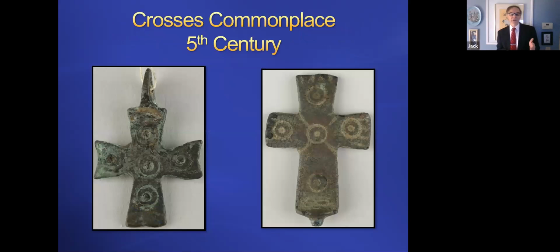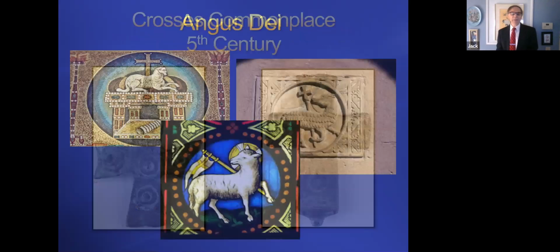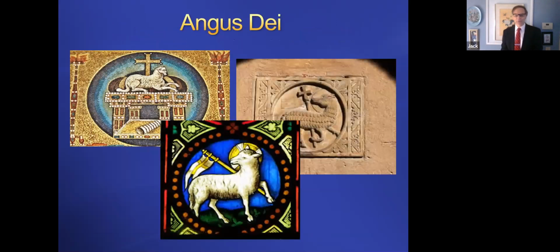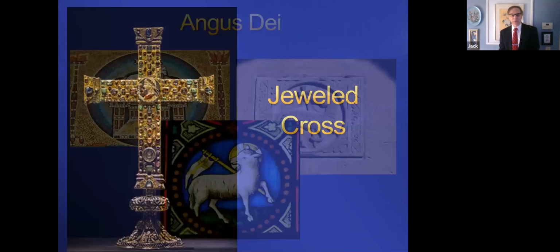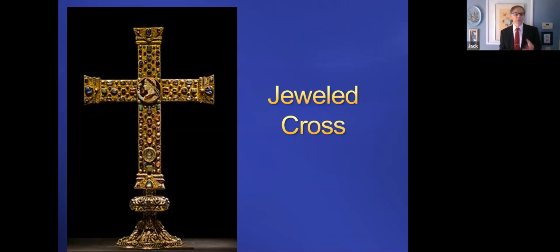Starting in the 4th century, and by the 5th century, crosses started to become somewhat commonplace, but you really didn't see crucifixes. What they would use instead would be the Agnus Dei symbol that we spoke about before, with the lamb representing the sacrifice of Jesus, and they might pair it up with a cross. That would be the closest they would get. Or the other thing they would use to represent a crucifix as opposed to a cross is a jeweled cross with the jewels to represent Christ.